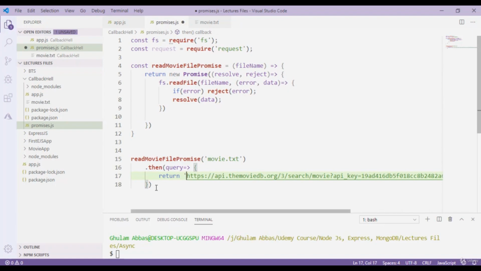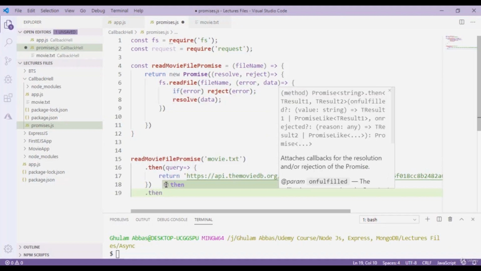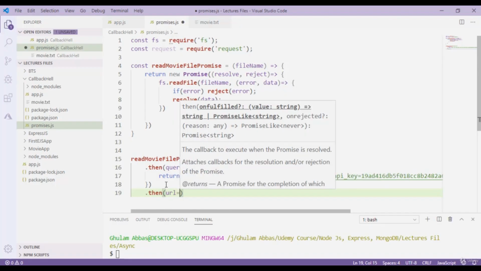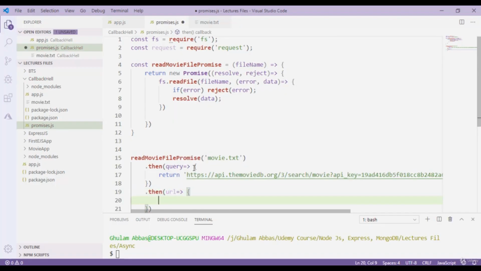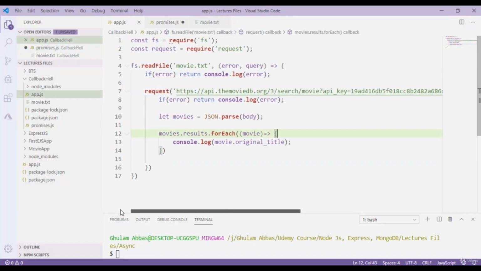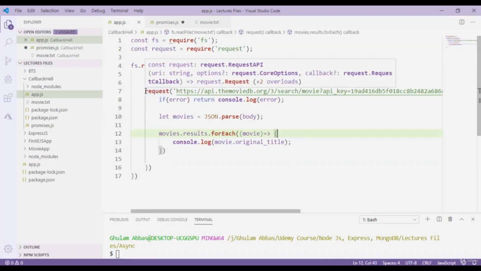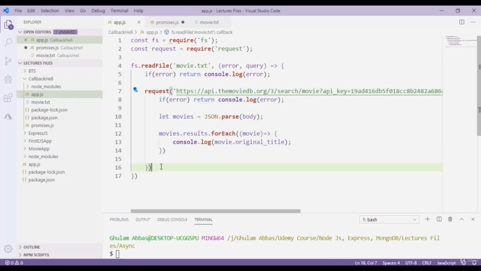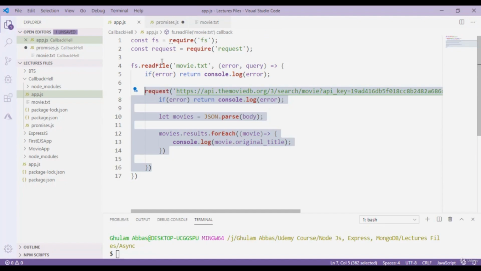And that's it, okay? And after that, when we return this query, then we have to use this URL, which is this API, and then we have to request that data, okay? So I simply go back and copy this code from here, this one, simply copy that, Control C,